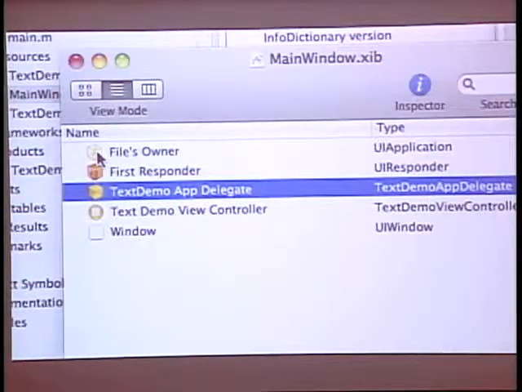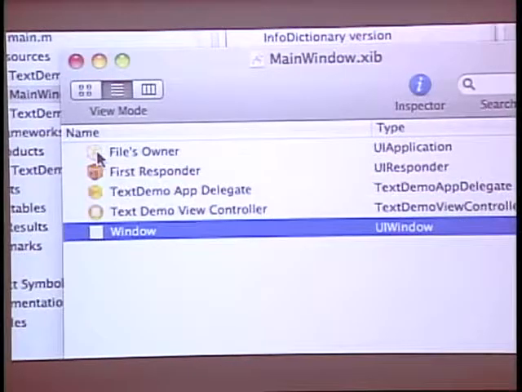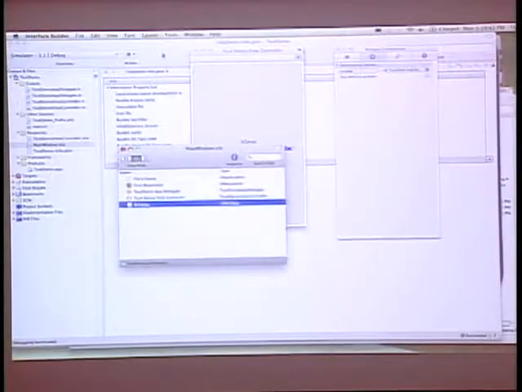Then we have our text demo app delegate, which is one of the other classes that was generated for us. And we have our text demo view controller. And then we have a window, this UI window. So what happens on startup, again,